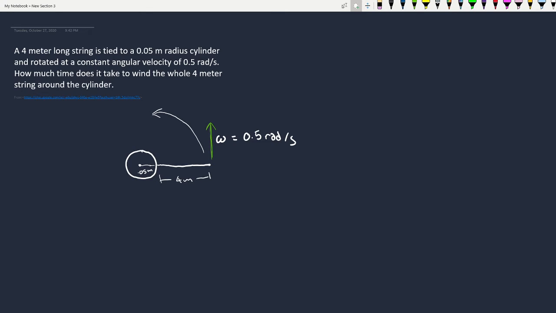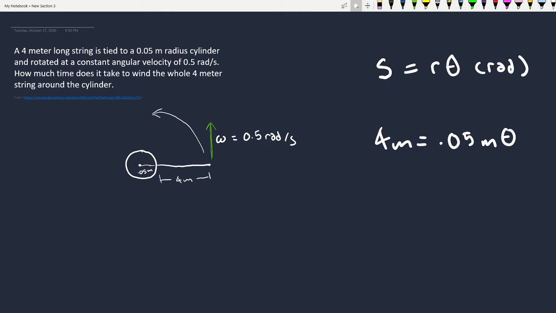So to begin by solving this equation, we want to find out the angular position of the string as it's wrapped around. And the way we can do that is by taking this equation, arc length is equal to the radius times the angular position in radians. And so our arc length is going to be 4 meters long. And we have our radius 0.05 meters. When we isolate the angular position, we get 4 divided by 0.05. So that's going to equal